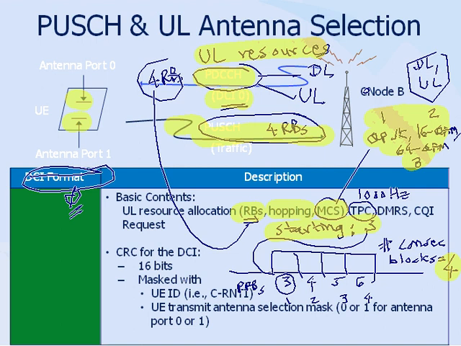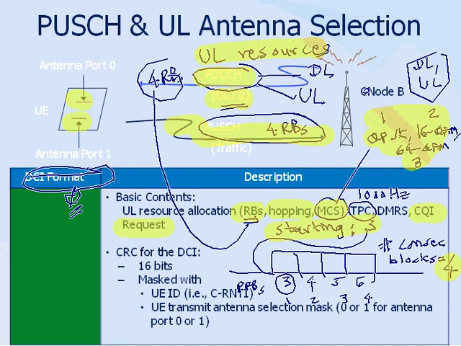Meaning, the UE will not tell the Node B, give me more power, give me less power. No power control commands are going in the uplink. So only power control exists in the uplink. So the base station sends power up/down commands and the UE will increase or decrease power. Okay,